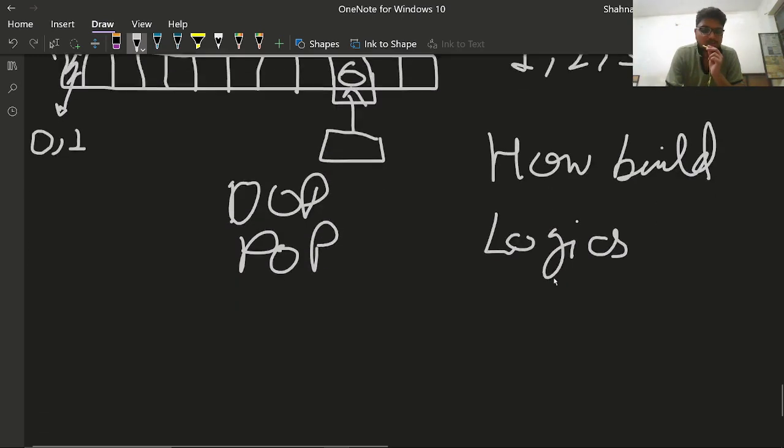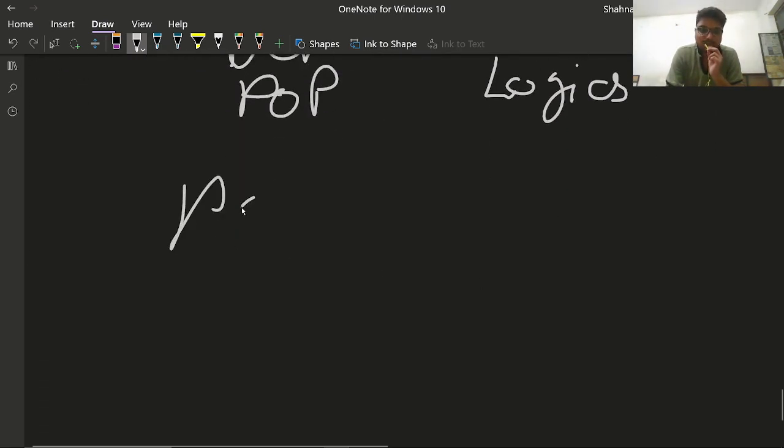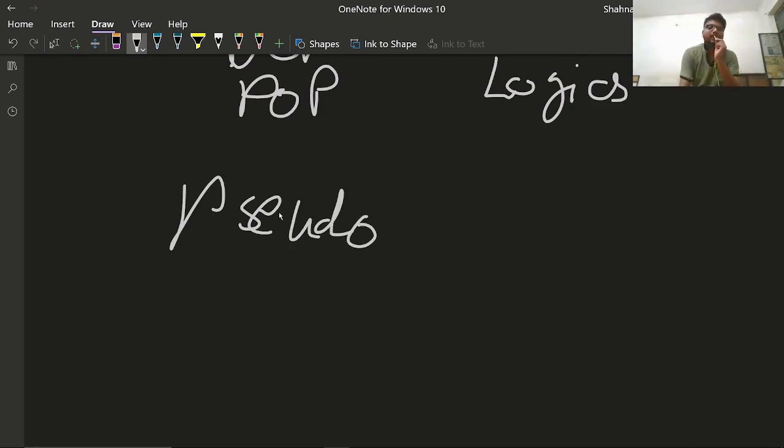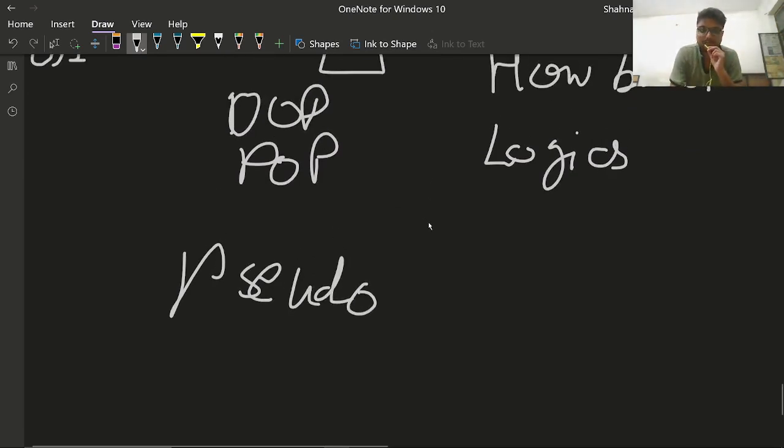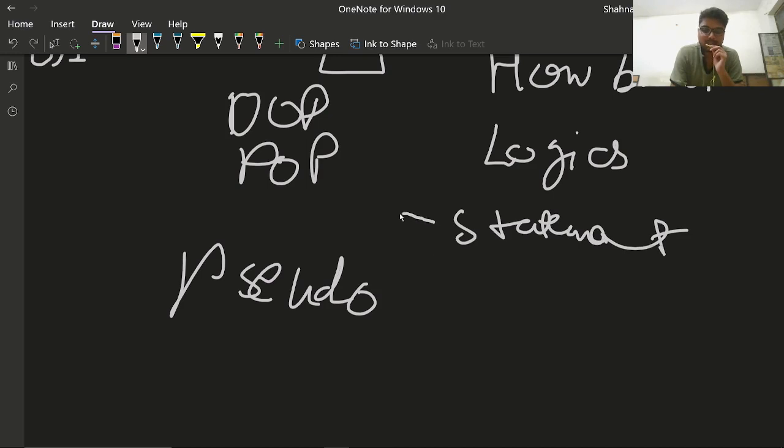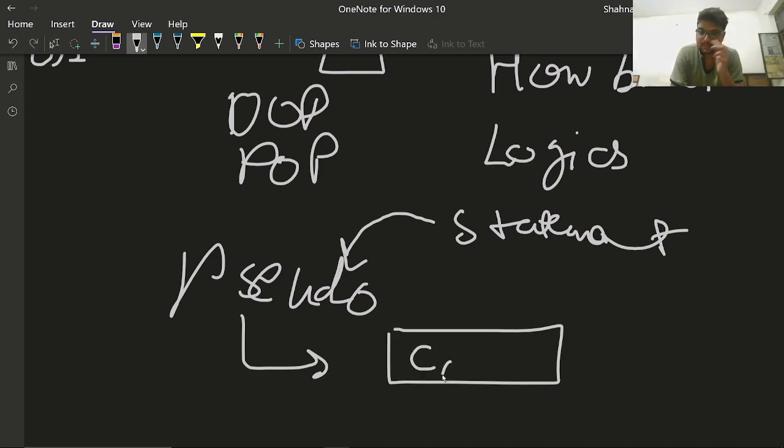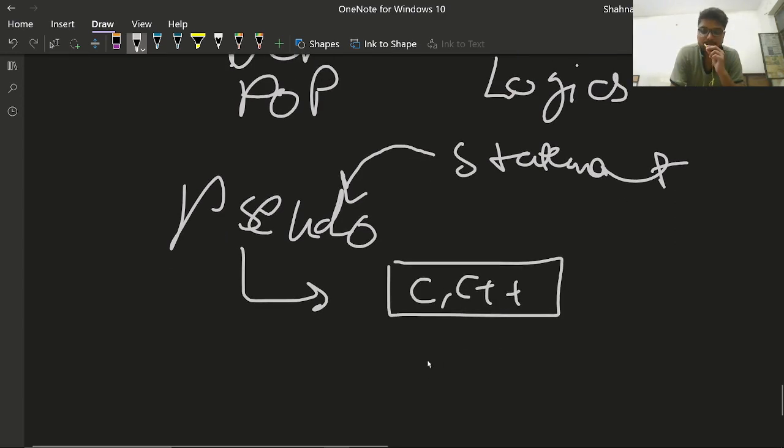Mostly you are given only the statement. With that statement you have to understand what it is saying, convert it into pseudocode, and then write the code in a programming language, which can be C++ or Java or Python.